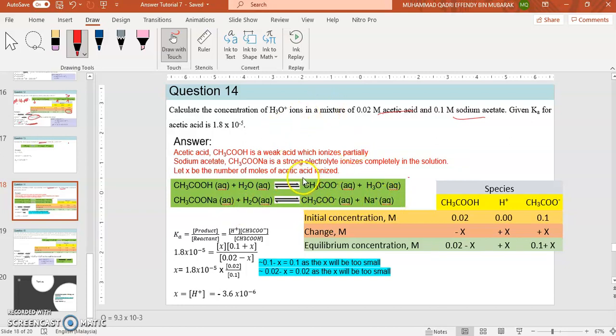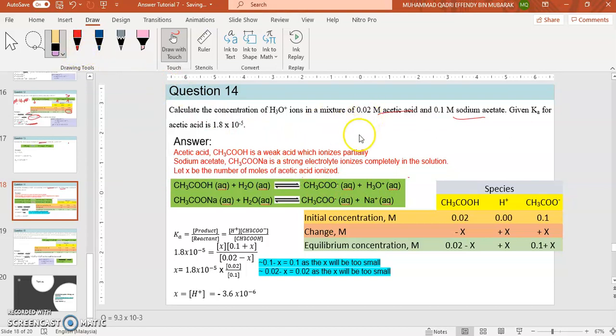So here we have two sources of the same ion. This one is a common ion effect. This is the common ion, so you can see it. I explained about the common ion effect in my lecture. Okay, for this one, how to calculate it? So first things first,